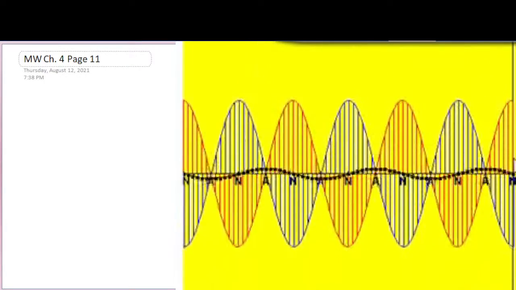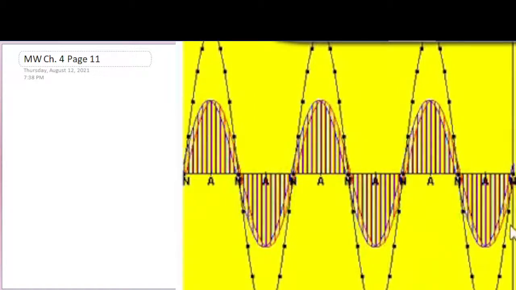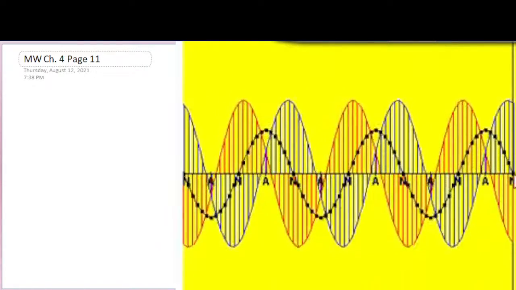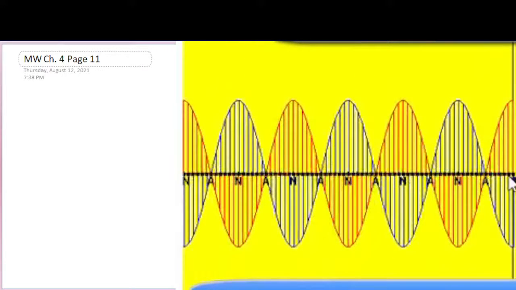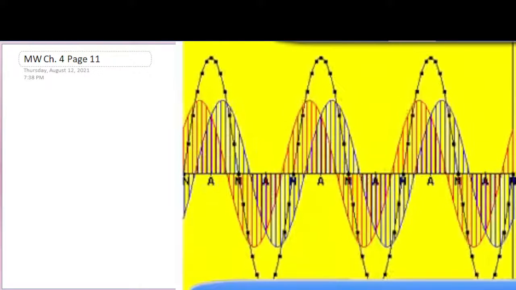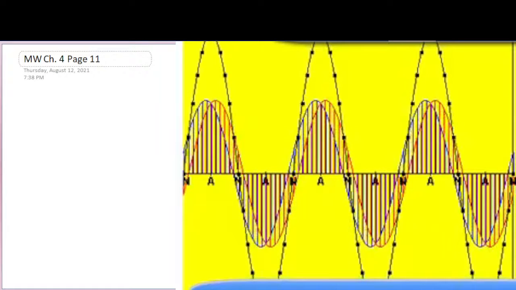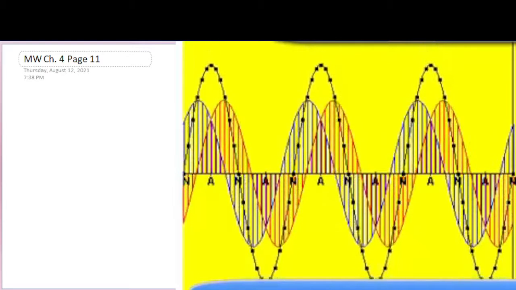And because of the phase change that happens at the boundary, we always end up with a node at the fixed boundary. So that's a boundary condition for a standing wave on a string. If we have a fixed boundary, the two waves